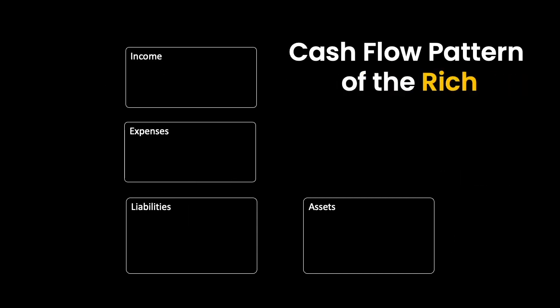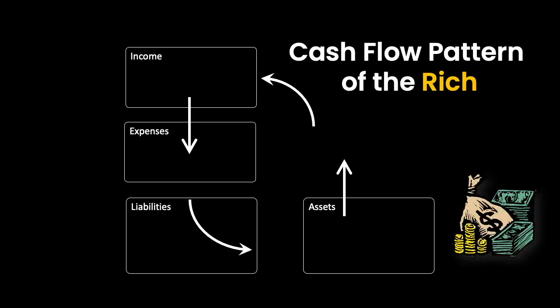Now, here you will notice that the area that generates the cash flow or generates the income is not in the income column. It's in fact coming from the assets itself. So the assets that they own are actual assets which generate money, which put money into their pocket. So the assets that the rich own are money generating assets, are true assets. And this circular flow is the true essence of financial freedom. So you will see a stark contrast in this cash flow pattern. There is no earned income, or at least it's not required to take care of the cost. The assets generate the income to take care of the cost. And whatever is left over is invested into acquiring further assets that only generate more income. And the cycle continues. The rich get richer.